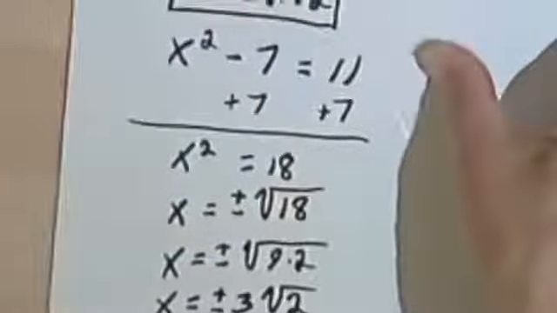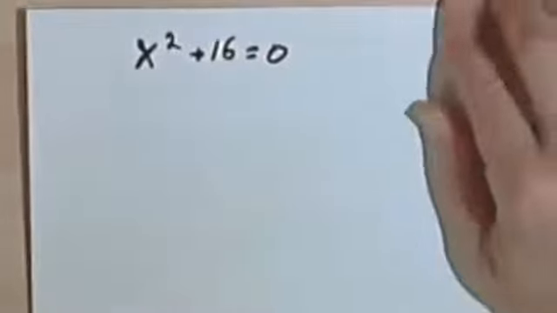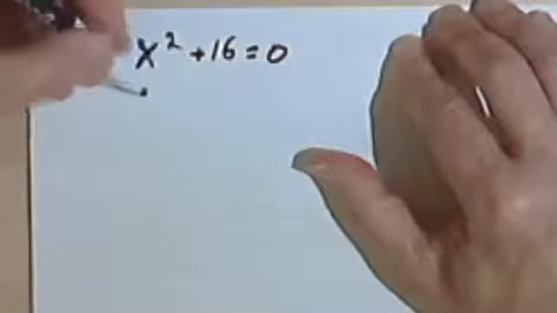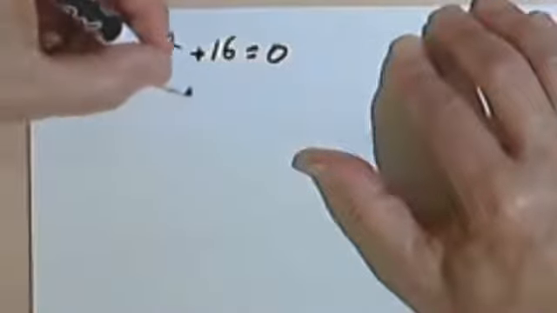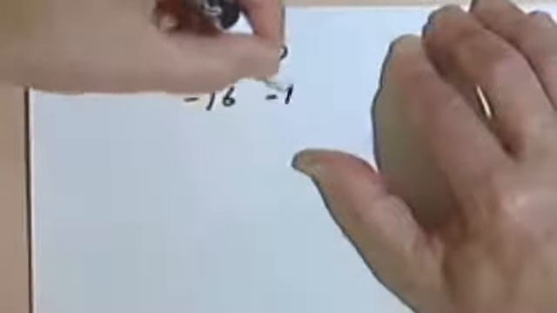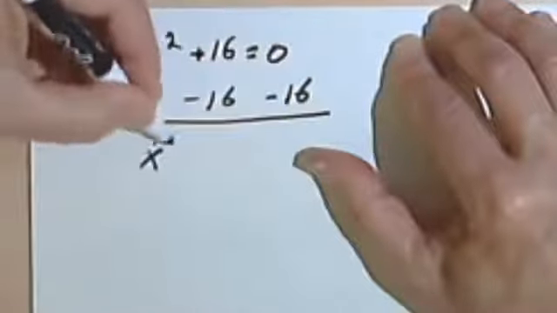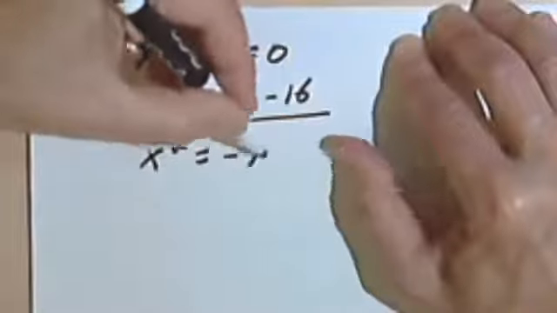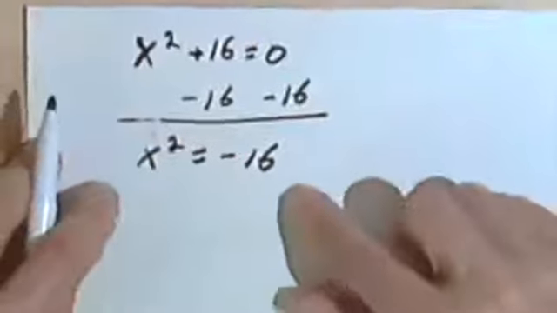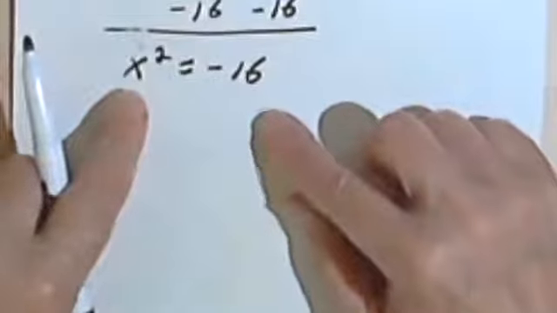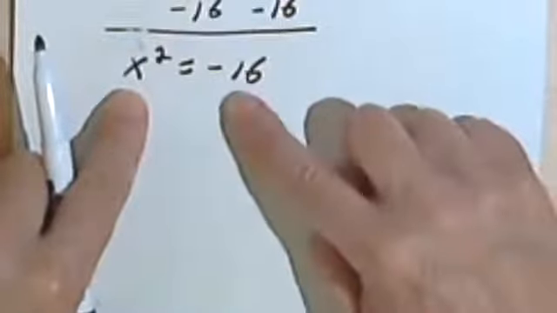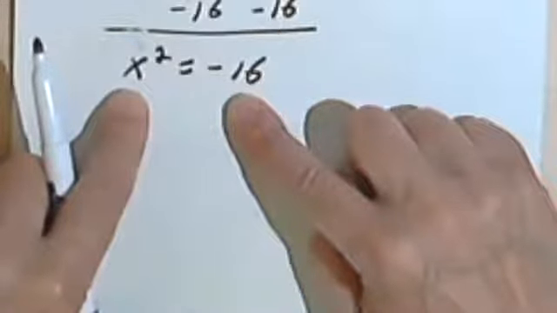There is one place I want to warn you about. So look at one more example. Here I've got x squared plus 16 equals 0. So I guess if I want to isolate the x squared, I'll subtract 16 from both sides. And now I've got x squared equals negative 16. Okay, let's stop and look at this. This is saying that I've got some number, which we're calling x, we're squaring it and ending up with a negative 16. Well, this is impossible,